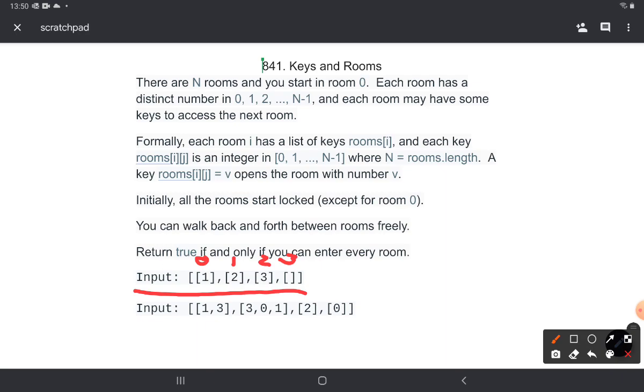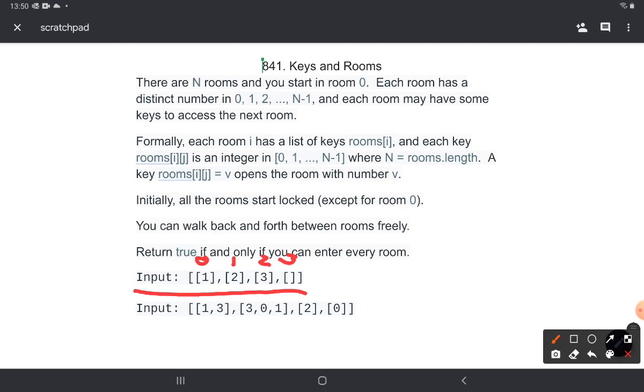These are the room numbers, and in the first list at index 0 there is integer 1, which specifies that this room has the key for room number 1. So if you reach this room, then inside it you will find the key for room number 1, and then you can go ahead and open room number 1. And when you get inside room number 1, at index 1 there is this list which has integer 2 in it. So this means that you have the key for room number 2 in room number 1, and so on and so forth.